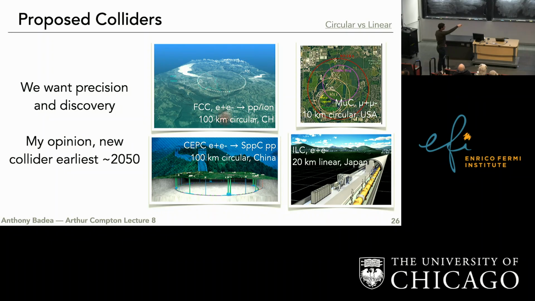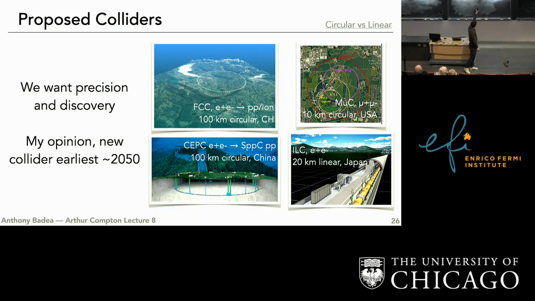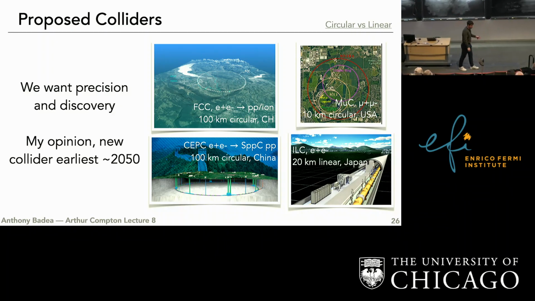But I would say this technology, compared to these, is really in the early days. I would say that if someone dug a tunnel, we could probably build this now, maybe plus or minus some time to get magnets and stuff. Not the proton version, the electron-positron. This could be built now. In fact, this has been talked about for, I think, 20 years now. So you could build it now. And then CPC, very similar, you could also build it now.